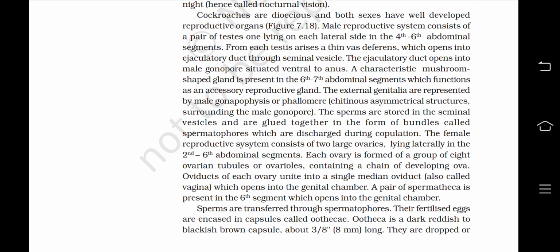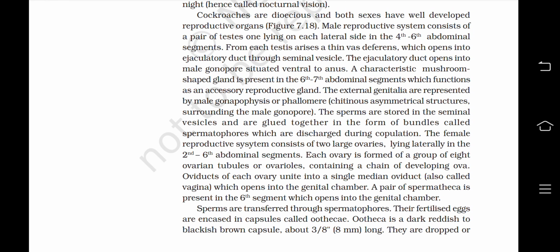A characteristic mushroom-shaped gland is present in the 6th to 7th abdominal segments, which functions as an accessory reproductive gland. The external genitalia are represented by male gonapophysis or phallomere, chitinous asymmetrical structures surrounding the male gonopore. The sperms are stored in the seminal vesicles and are glued together in the form of bundles called spermatophores, which